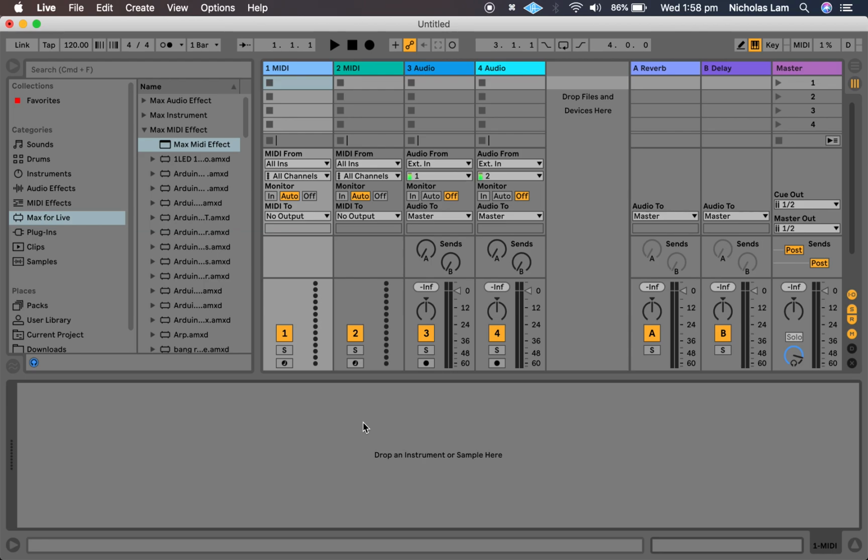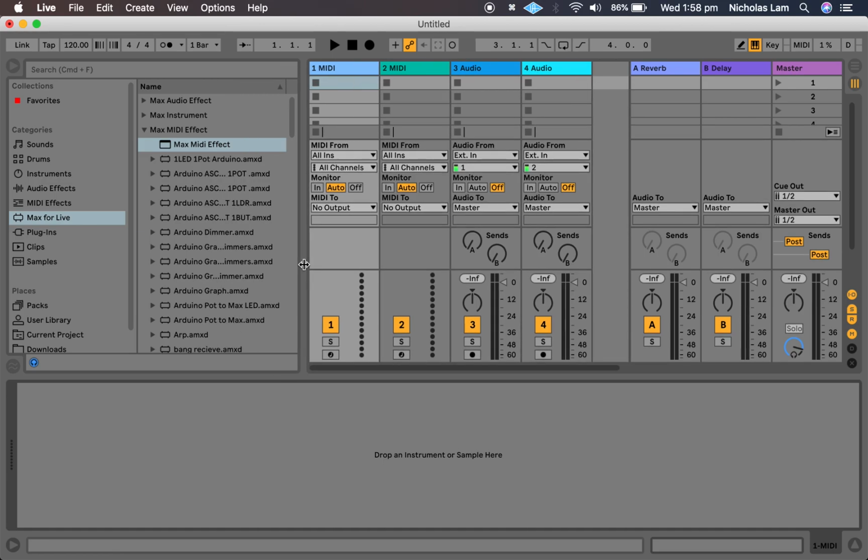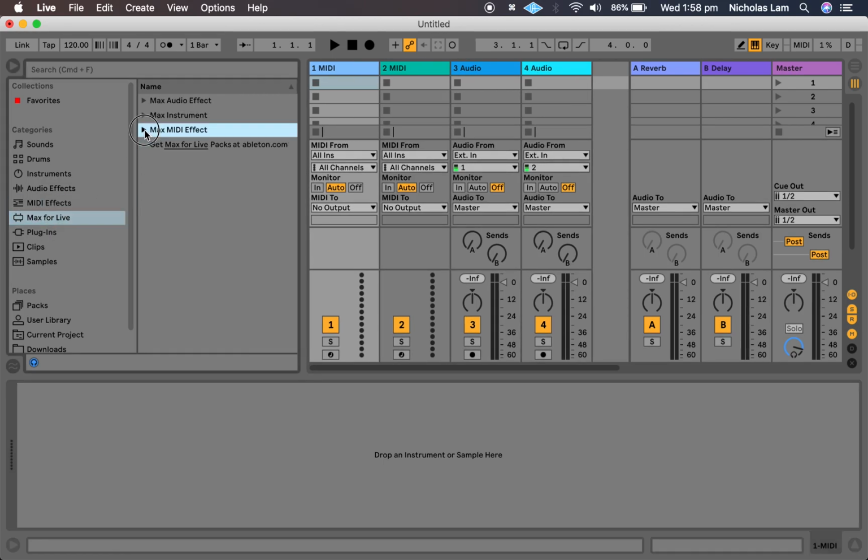So one last final thing we want to look at is how to ensure that we're able to use this plugin, this Max for Live device that we've made, and make sure that when we move it around in different live sets, we don't lose all the dependencies and all the stuff that we downloaded that allows it to work. So what we need to do is, if we just have a look in our Max for Live folder